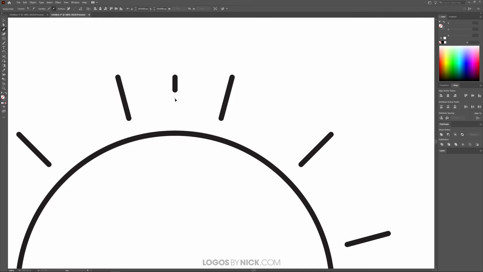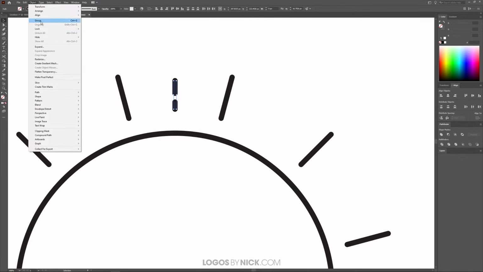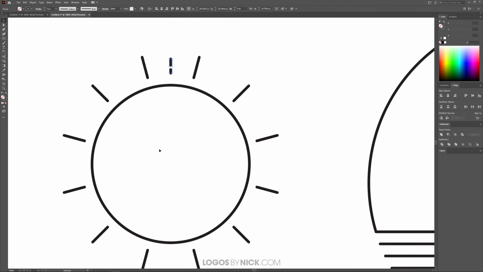Do the same thing, create another tiny little line. Maybe this one's even smaller right here. There we go. And now, let me select both of these. I'm going to use my arrows to move them down a little bit. And I want to group these two lines together. We'll go to Object, Group, and we're going to do the same thing that we did previously to repeat these